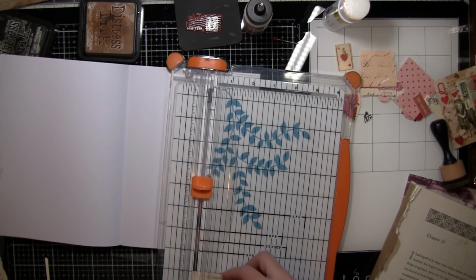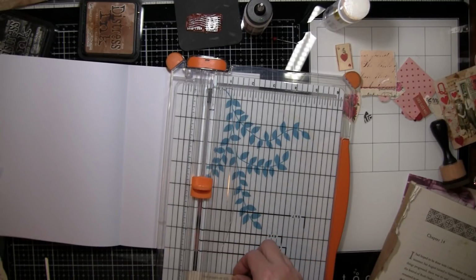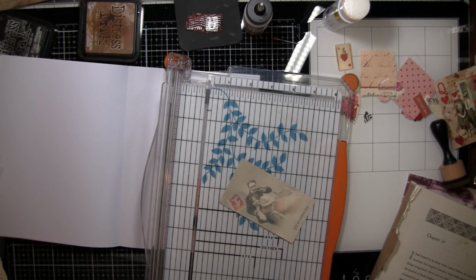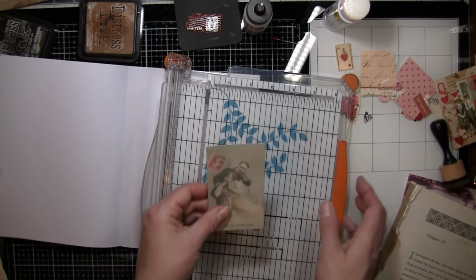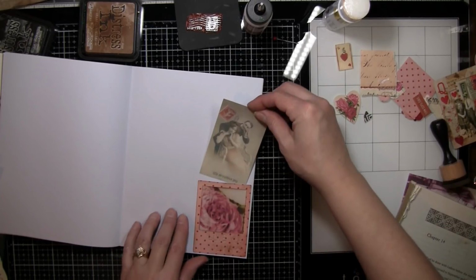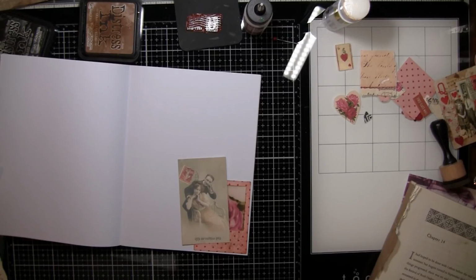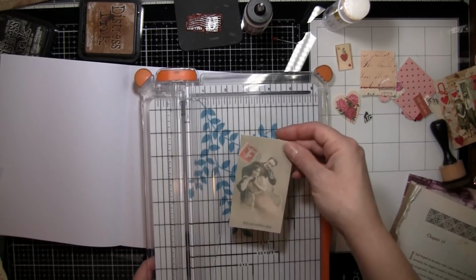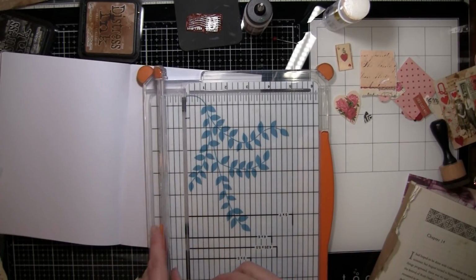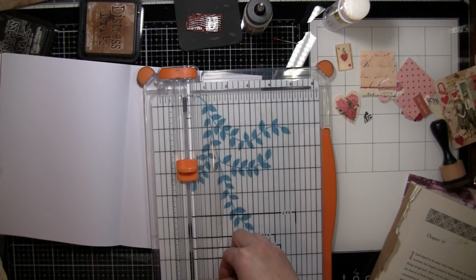I think these came out of those, I can't remember what they're called, Memory of a Lifetime books. I have a bunch of those. But I'm not sure because it could have been Pinterest or something too, who knows. Like I said, I collect this stuff for Valentine's Day, so I just have a whole bunch of it. I don't really want to cut down that stamp too much, but